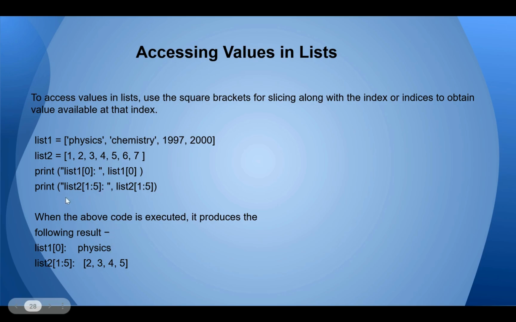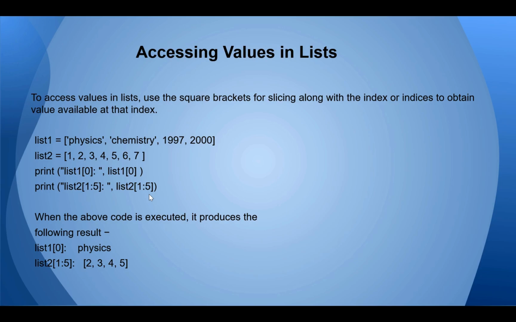Here print list 2 1 colon 5. Okay, it is under double quote, so it will be printed as it is. Because it is under double quote, the list 2 1 colon 5. So it means in list 2 it will display from index number 1 till index number 4, because 5